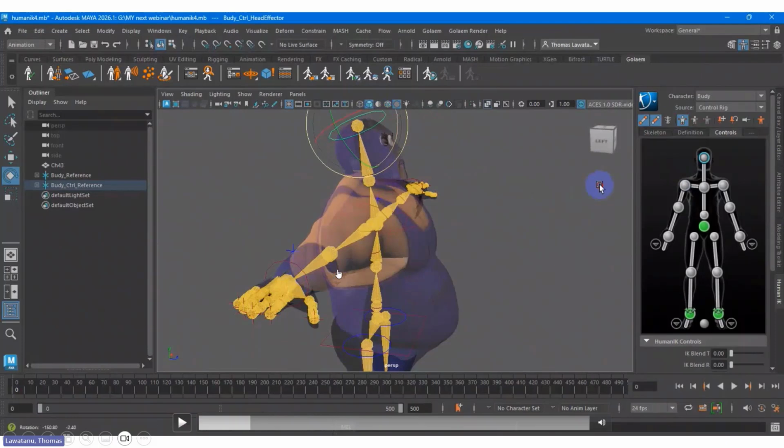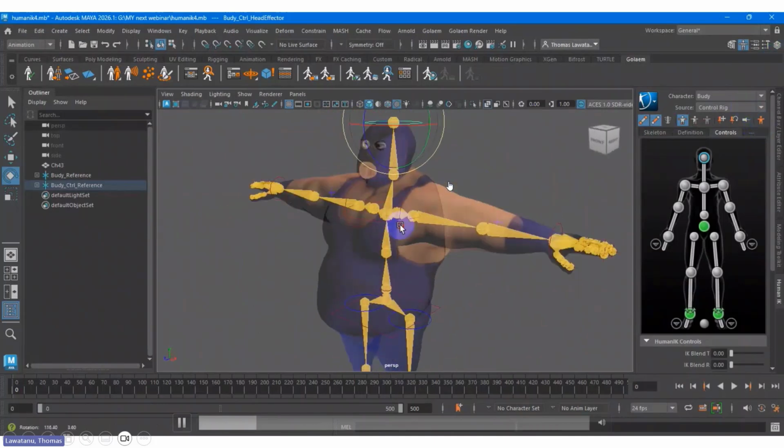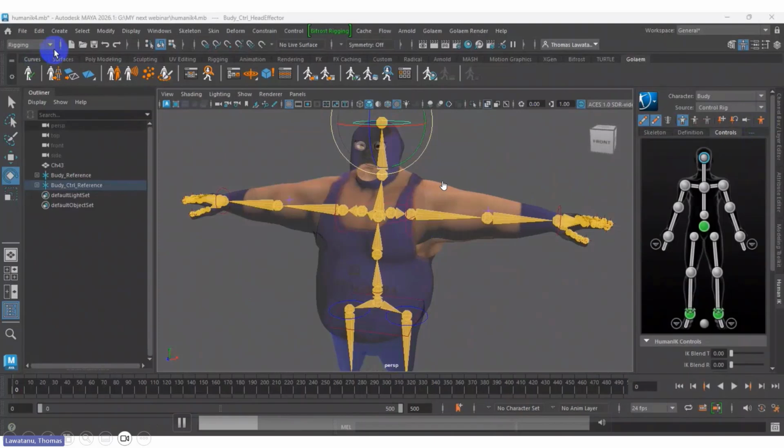When you see this part is not normal, I need to do some paint weights on those locations. See, this is stretched. I think this needs to be avoided, so that's why we need to check.